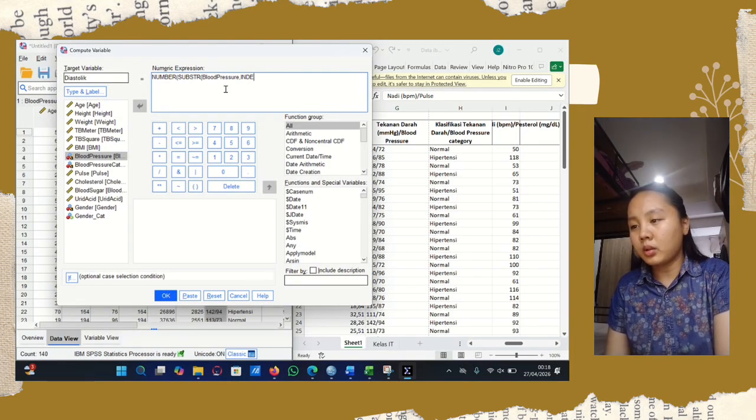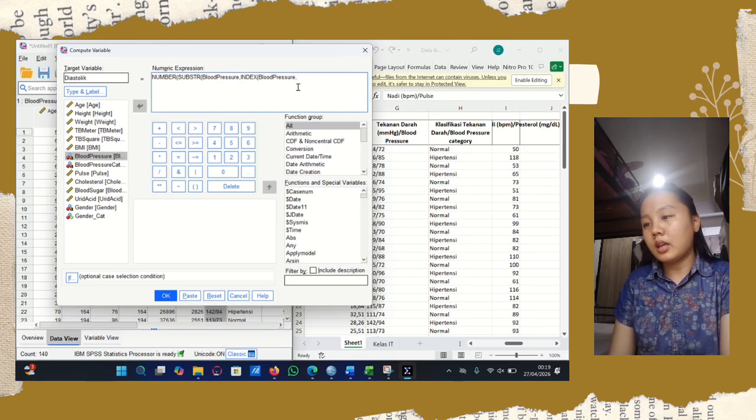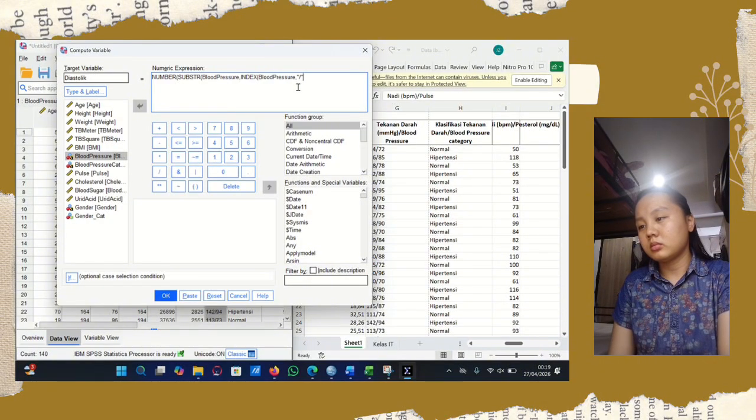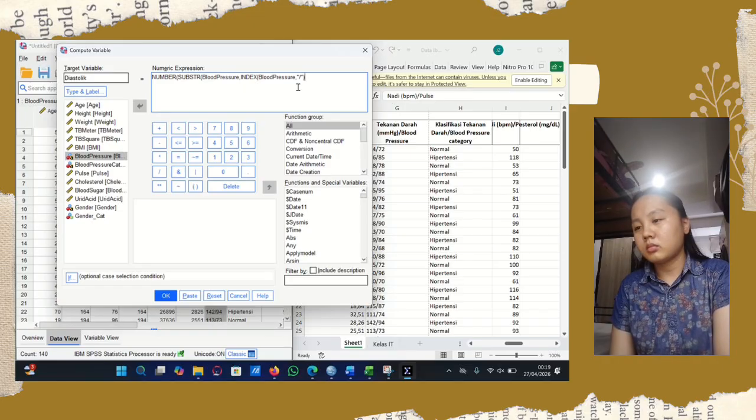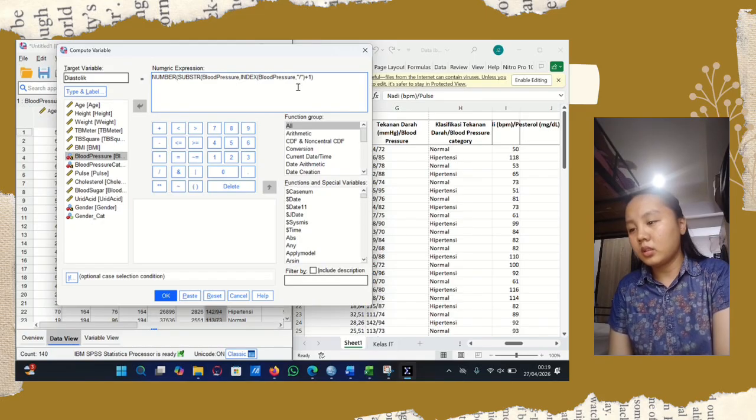We add blood pressure again, and we add F1.8.0.